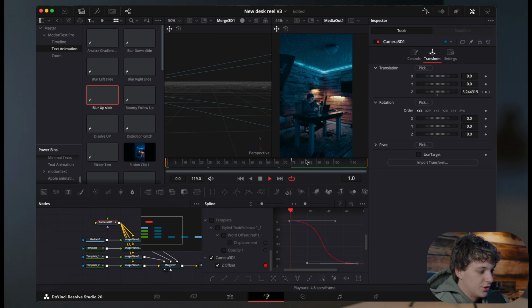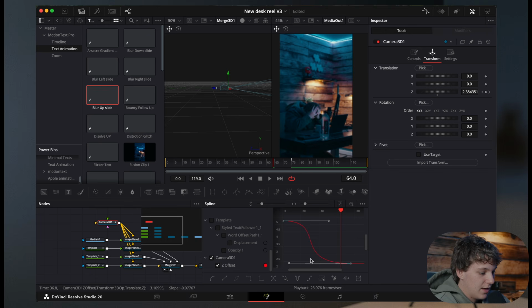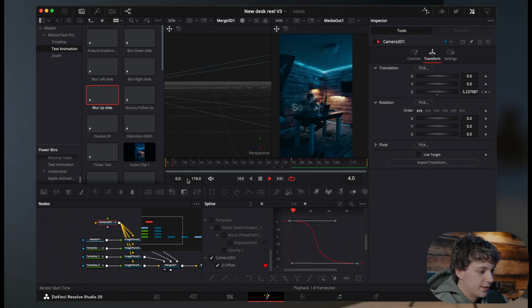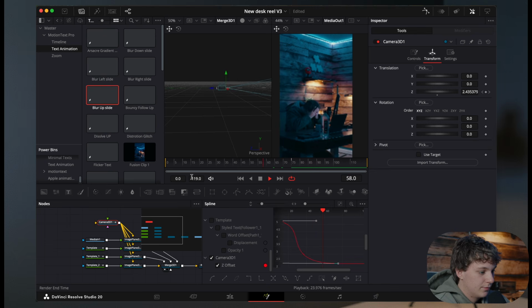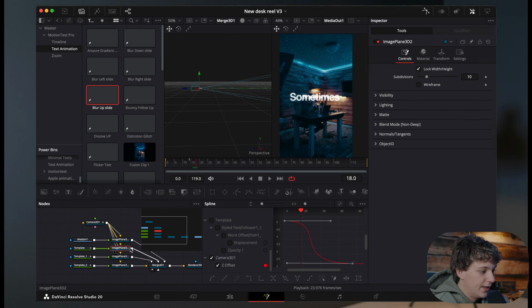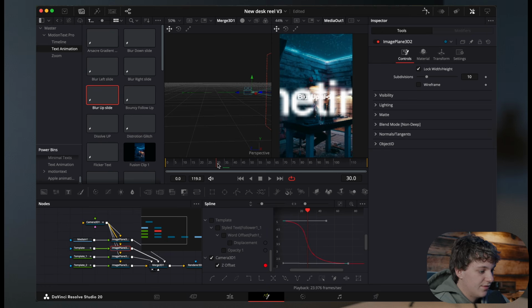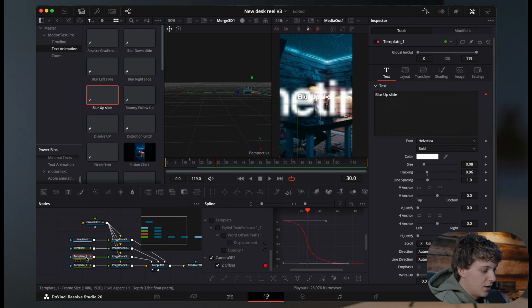So let's just say boom, and then it goes in just like that. I might make that a little more harsh, so that way it's like this, boom, and then just like that. So for the sometimes, I might bring it a little closer, because after looking at the sometimes, it looks a little too, I want to say, far. Sometimes, boom, and then as soon as this one is leaving,